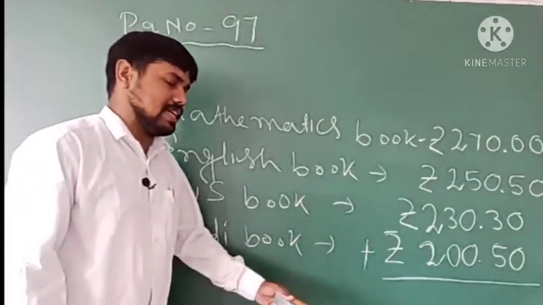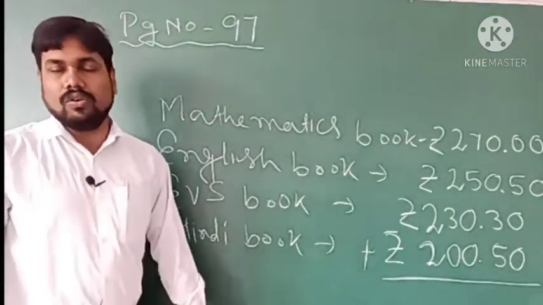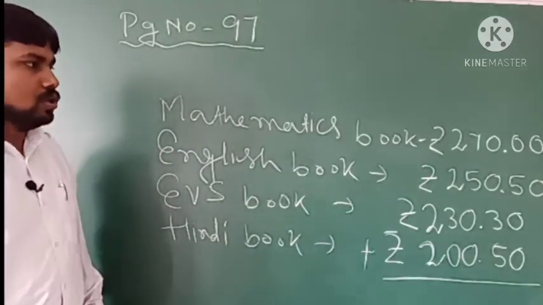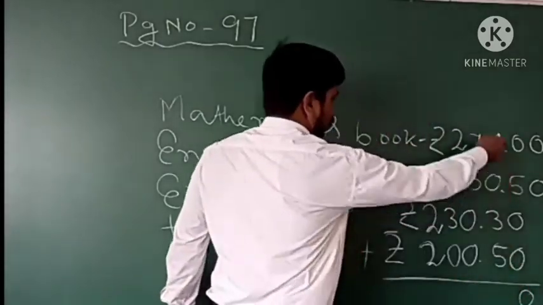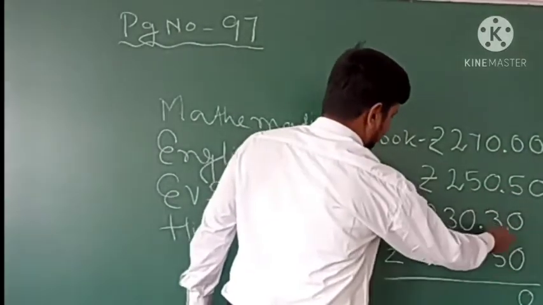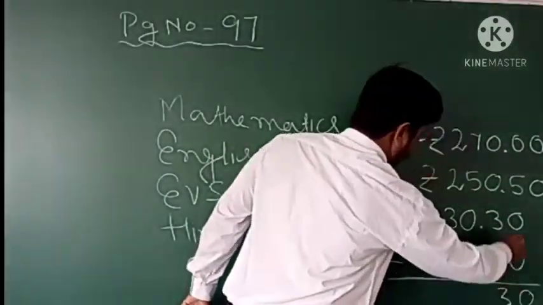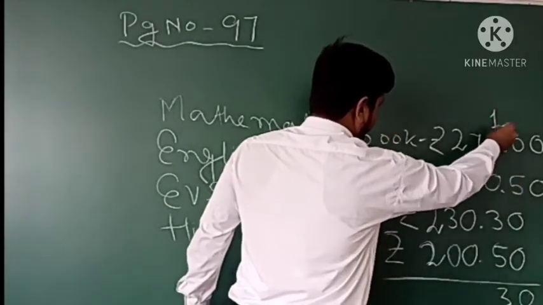In the same way, for the activity that is given in the book, you also have to do this. To add, we will simply add 0 0 0 0. So 5 plus 5 is 10, 10 plus 3 is 13. So 13 is 3, 1 carry, right? So 1 carry.